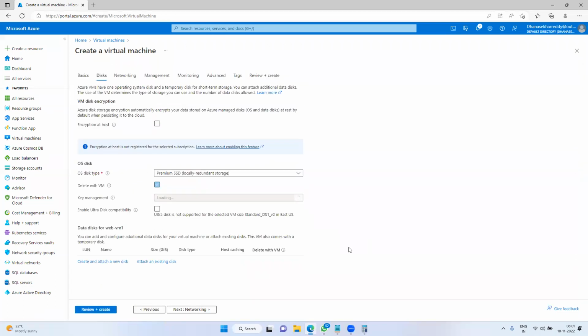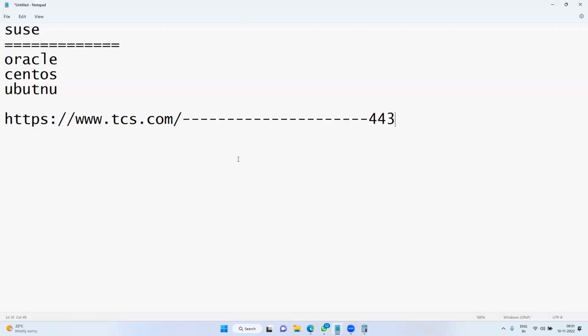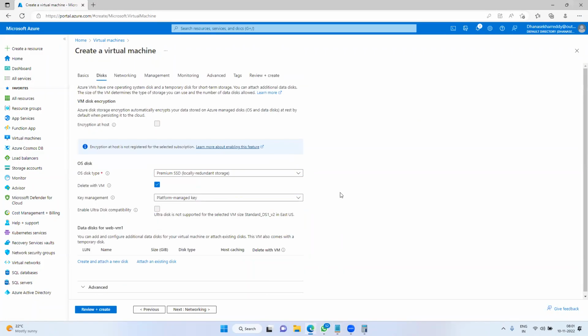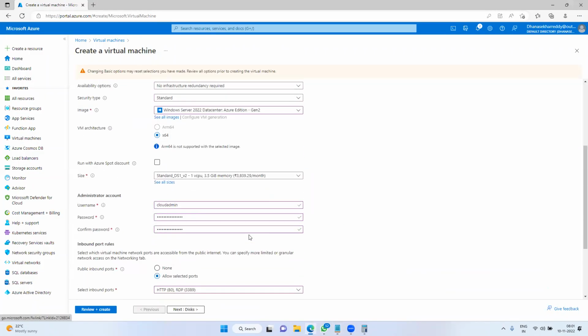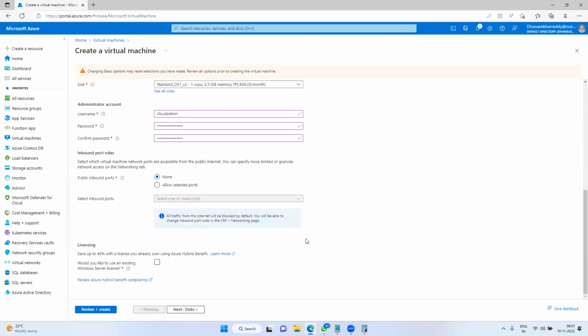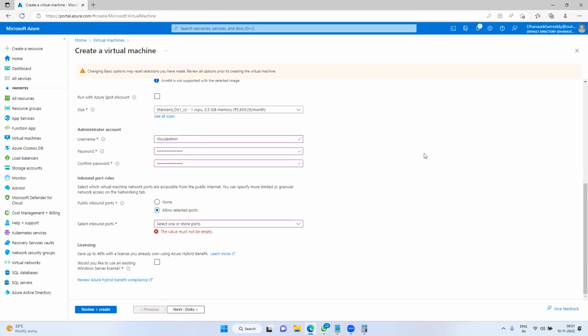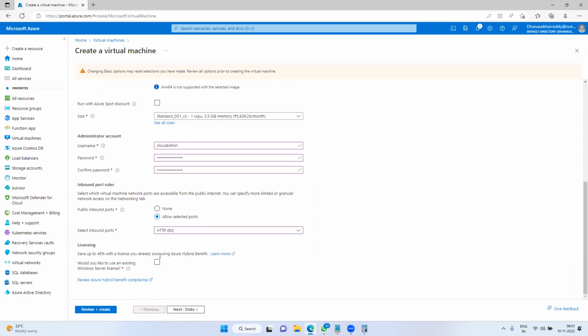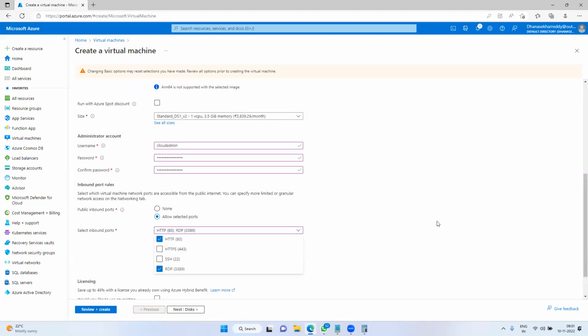Next, disks. What is a disk, guys, generally? Before the public inbound, there is an option called select inbound. If you disable it, it will not appear. Okay, I am choosing both port numbers.